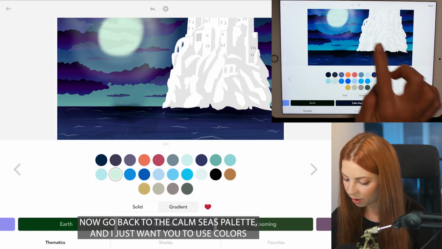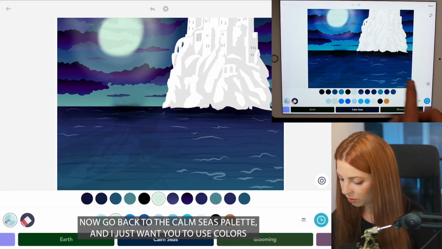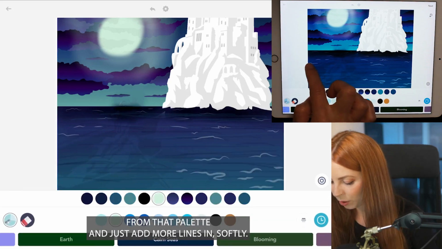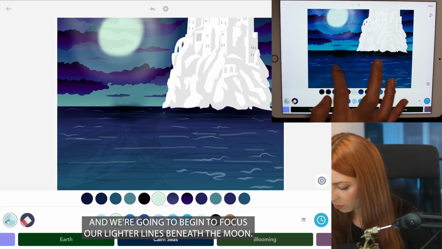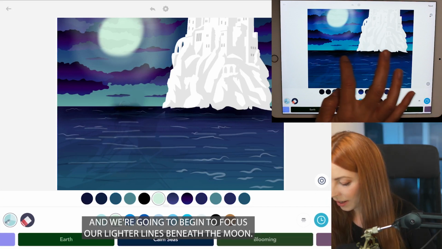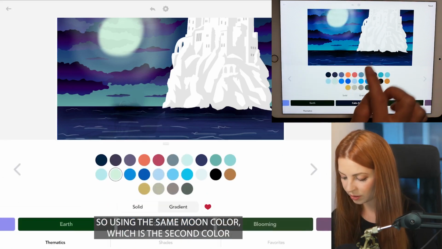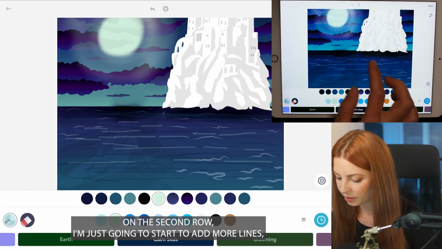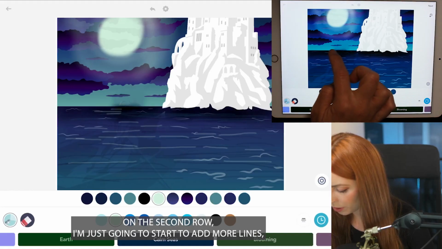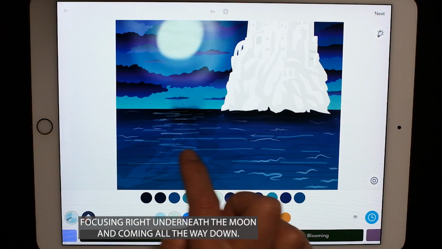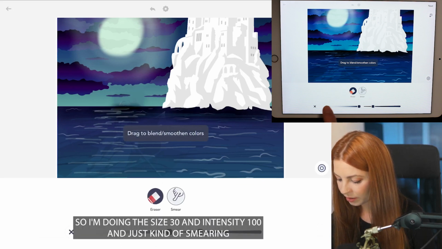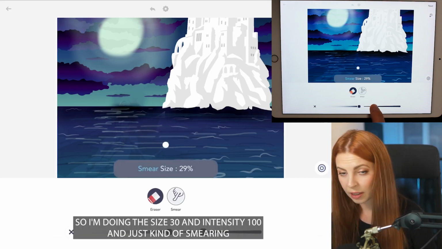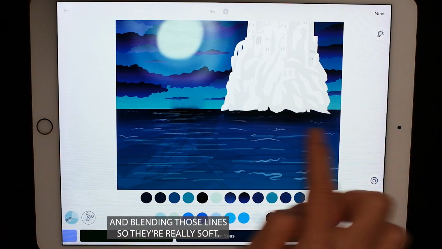Now go back to the Calm Seas palette, and I just want you to use colors from that palette and just add more lines in softly. And we're going to begin to focus our lighter lines beneath the moon. So using the same moon color, which is the second color on the second row, I'm just going to start to add more lines, focusing right underneath the moon and coming all the way down. And let's just use the smear tool now and just blend it. So I'm doing the size at 30 and intensity 100